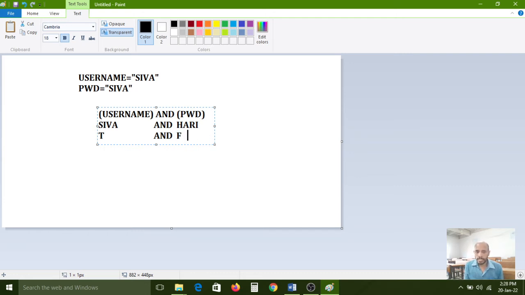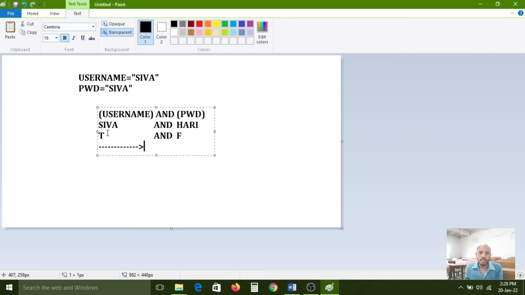Totally, what is the result? The page will open or not? The web page, my Gmail account: if I enter the wrong password here and these two conditions are not satisfied, what is the AND operator functionality? This condition should be satisfied and this condition should also be satisfied with the true condition. Then only the account will open and the inbox will be available to my account.